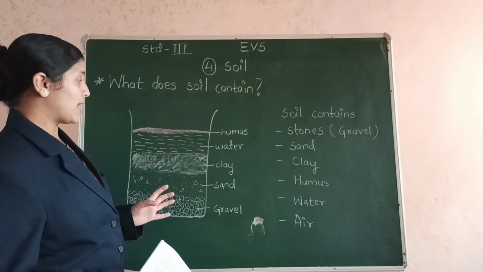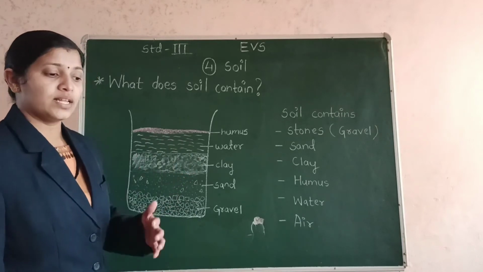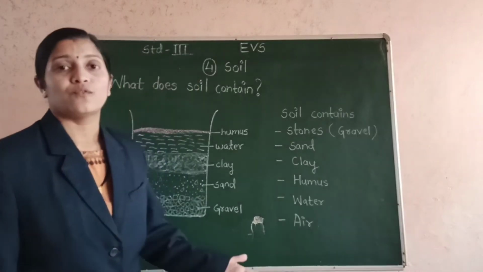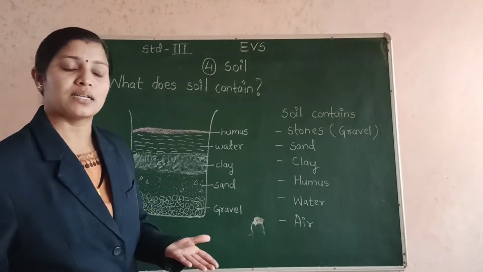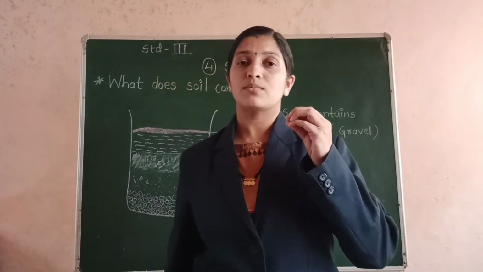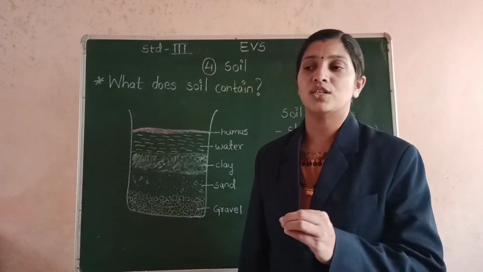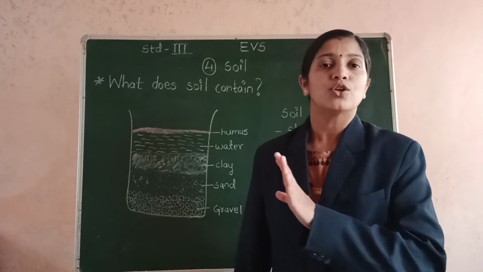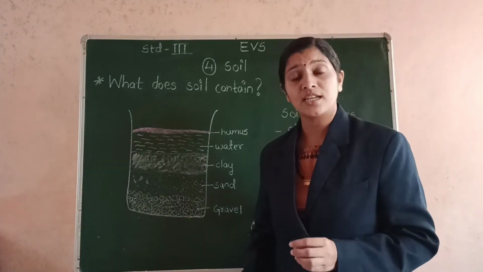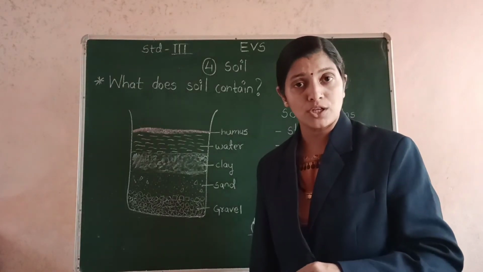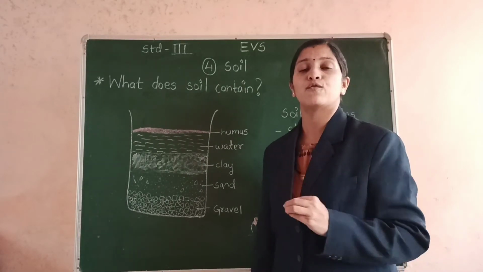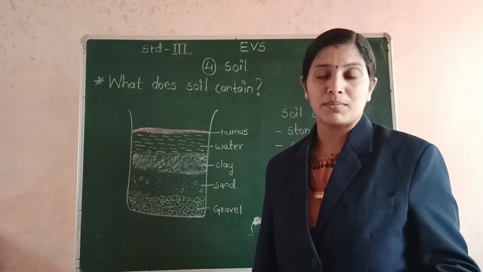But when we took this jar, we had added some water into it. So we can't prove that it has water. Then how will we prove that the soil has water and air? For this we have to do some other activities. So you have to take a jar, put some garden soil into it and heat that container. You need not add anything else. Just cover it properly with a lid and heat it for maybe 2 to 3 minutes.